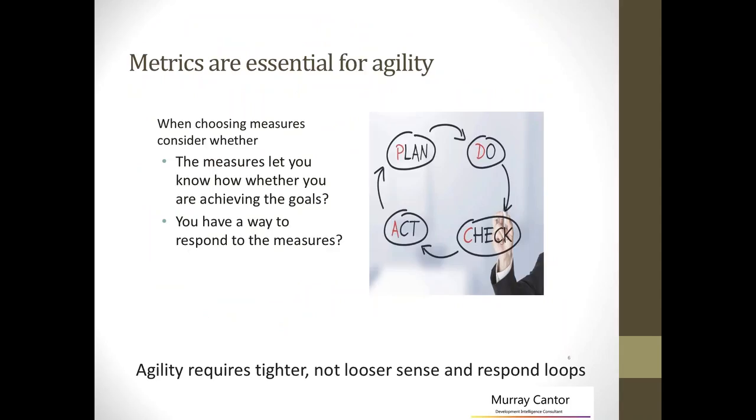Now, a key point is that measurements are essential for agility. Unlike what some people think, an agile organization is not one that cannot be measured; it's exactly the opposite. In order to have agility, you need the ability to sense and respond to what's going on around you. You need tighter, not looser sense and respond loops. Any agile system, one that is responding to its environment, is measuring its environment